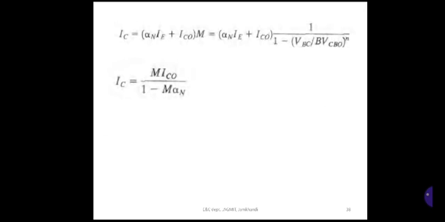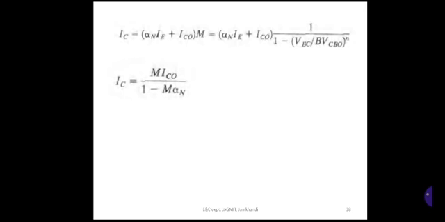The term BVCBO signifies the collector junction breakdown voltage in the common base with the emitter open. BV stands for breakdown voltage, CB stands for common base, with the emitter open, that is IE equal to 0. In the common emitter case,